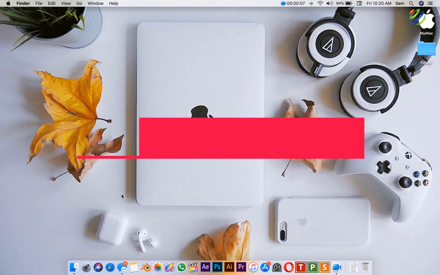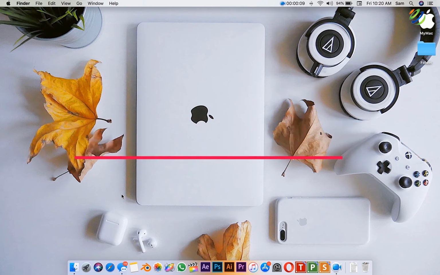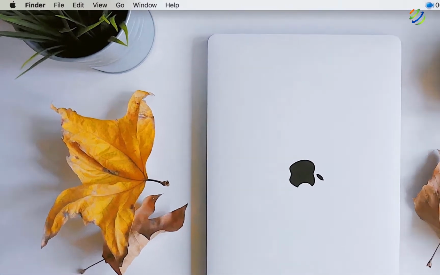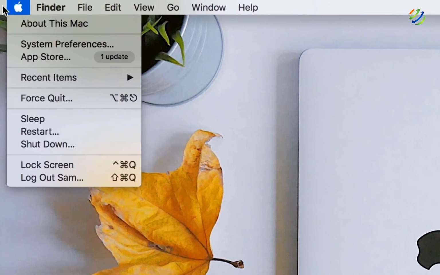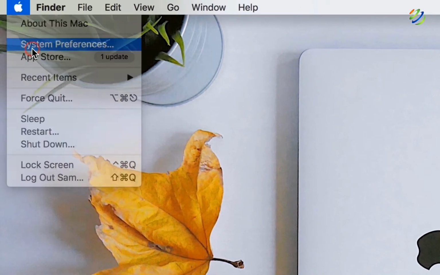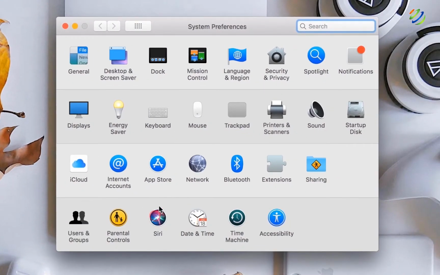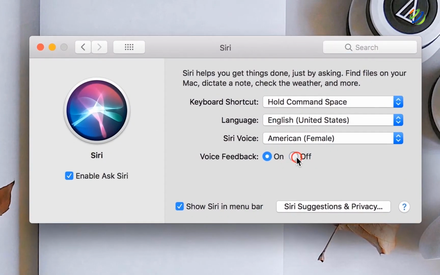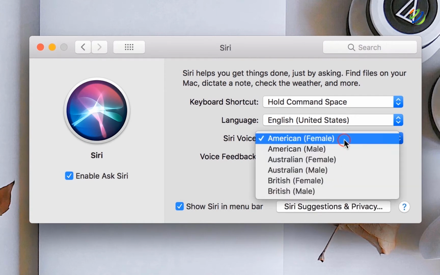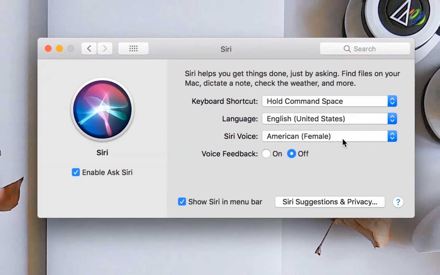The first trick I'm going to talk about is Mute Siri. Siri does not have to speak her responses aloud. She can silently display them on screen. If you would prefer this option, click the Apple menu, followed by System Preferences and Siri. Finally, next to the Voice Feedback heading, check off. From the same dialog box, you can tweak other aspects of Siri. Try changing the voice, and if you prefer a less cluttered interface, experiment with hiding the icon.